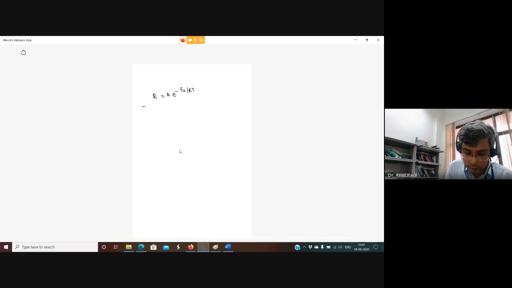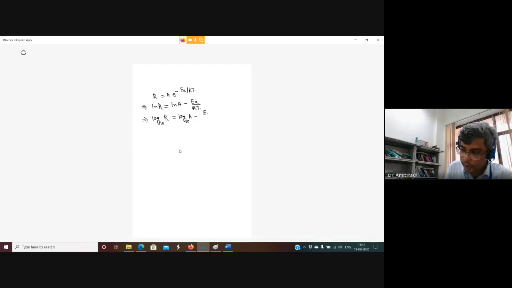We can write this equation as ln k = ln A minus Ea by RT. You can further write this equation as log base 10 k = log 10 A